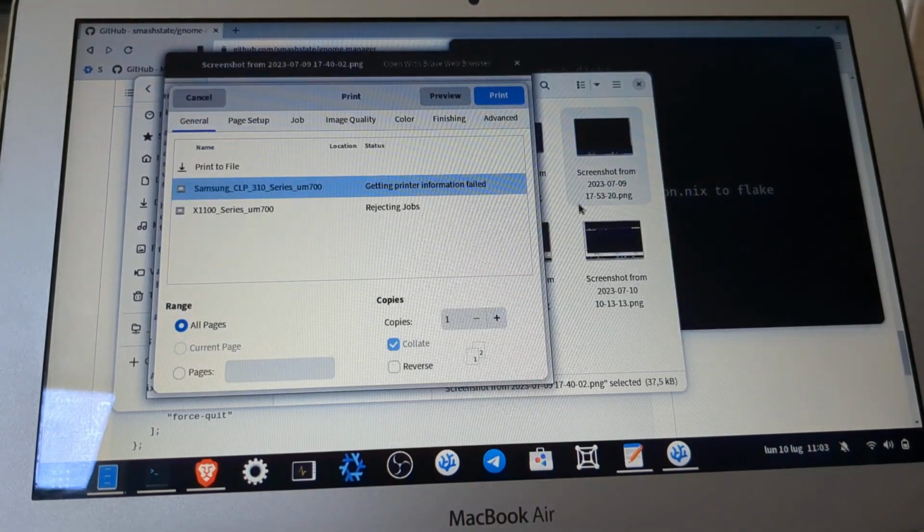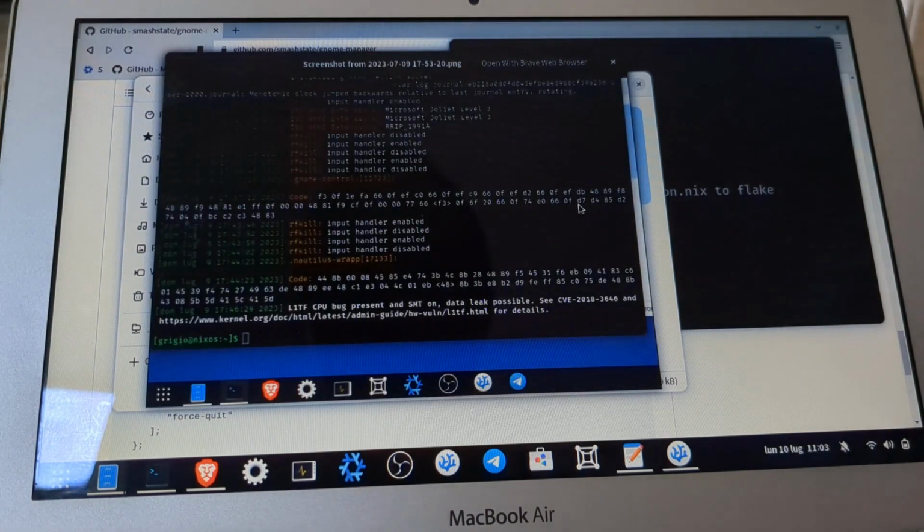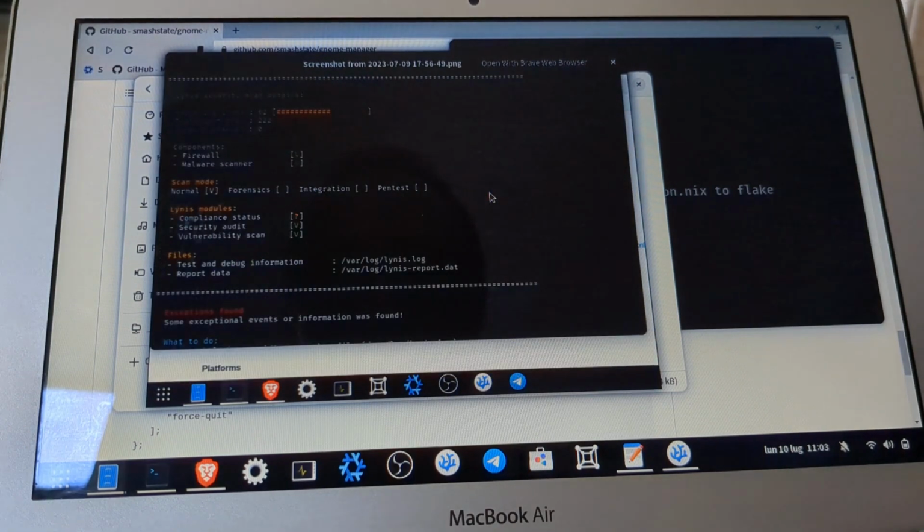And this is the printer, that for some reason it can't fetch the information, but I didn't invest much time to fix it. And this is the first boot, and these are some weird bugs in the messages, but I didn't notice this crash, but there are some crashes in the messages.